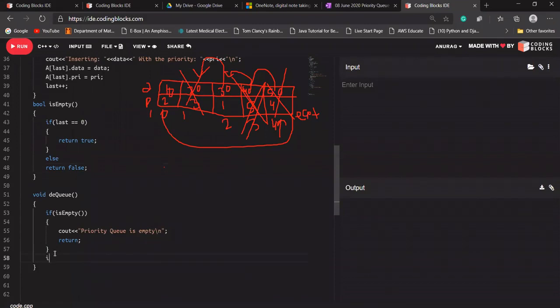So what I'm going to do now, let's say I'm creating a maximum variable, max P, and in the starting I'm initializing it with INT_MIN. Because in this variable I'm going to store the maximum priority, meaning the value of the maximum priority, as well as I'll have one key which will store the index of that value.